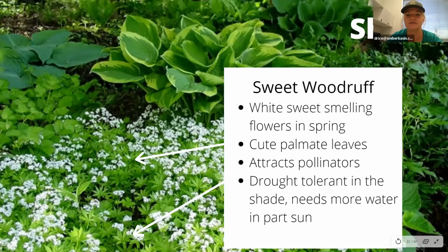And then it has those mini palmate leaves, which when we're talking from a botanical standpoint, a palmate leaf is just a leaf that has multi-leaflets that all meet at one point. So you remember that because it's like the palm of your hand, all your fingers meet at one point. So they have these palmate leaves that are just kind of an interesting texture that we don't see in a lot of plants. And it is really good for pollinators,